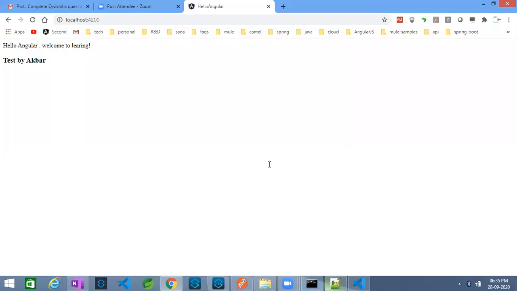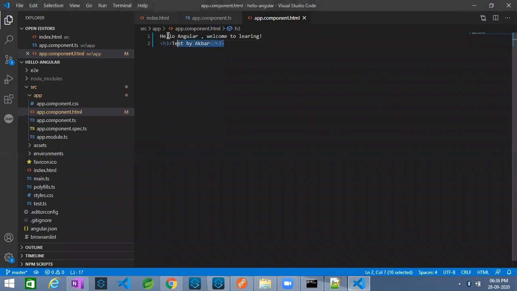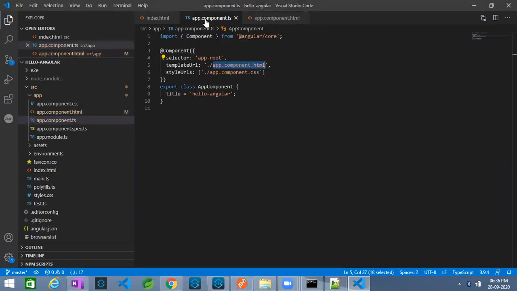So suppose example, this is pure play UI, right? This is a pure play UI. I mean HTML. And actually, I am going to supply the data to this HTML from its component. I mean, your AngularJS is completely tightly coupled. Each and every HTML page has its own component. Like example, what does it mean? I have